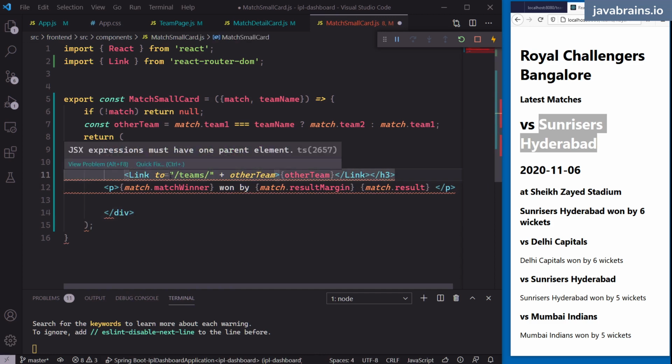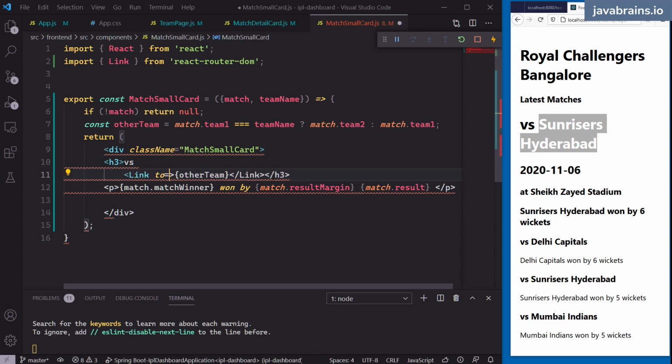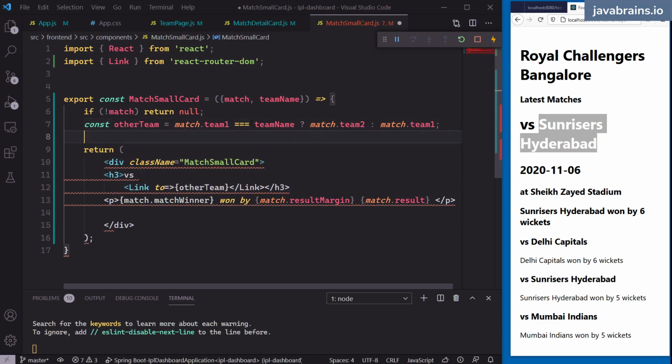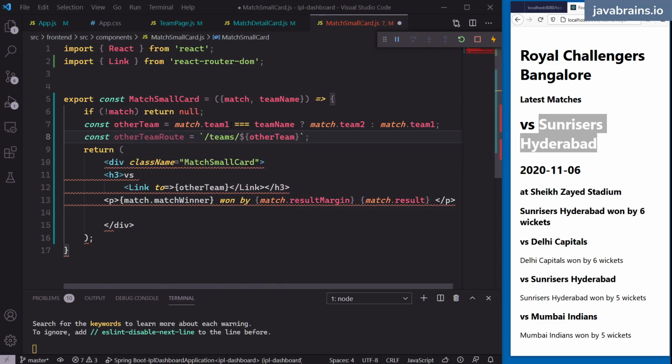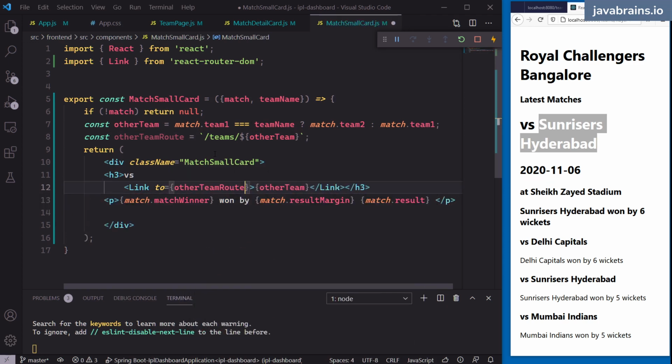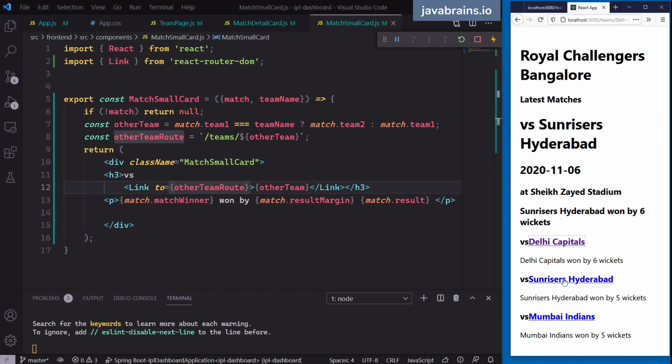So what I'm going to do is, let me actually get this out here, and then const otherTeamRoute equals /teams/ otherTeam, and now I can add that over here, the other team route. All right, I'm going to click on this thing, and it is,